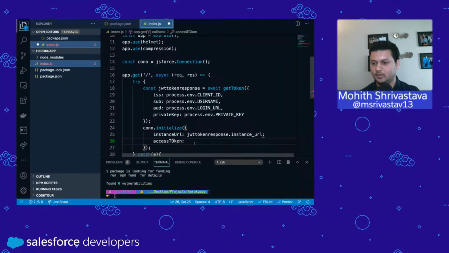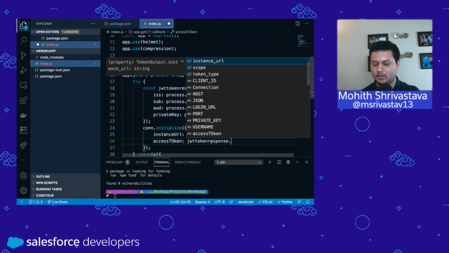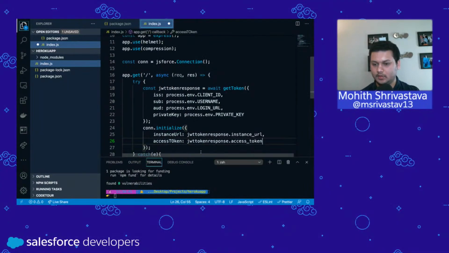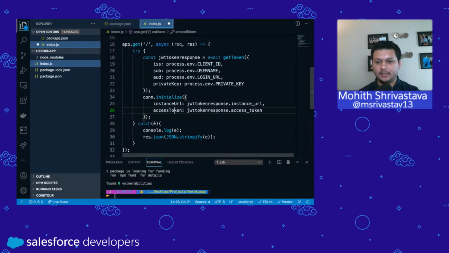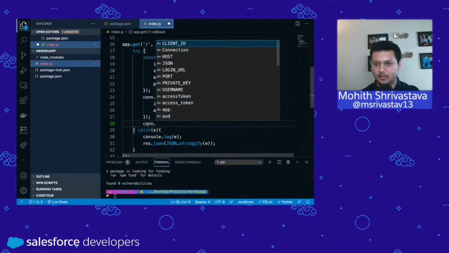And then, sorry, this need not be, I think it's a comma. So this one should be access token. Also, this needs to go like this. Okay, all right, perfect. So we have initialized it. Now we can do some fun stuff here, like we can say connection dot